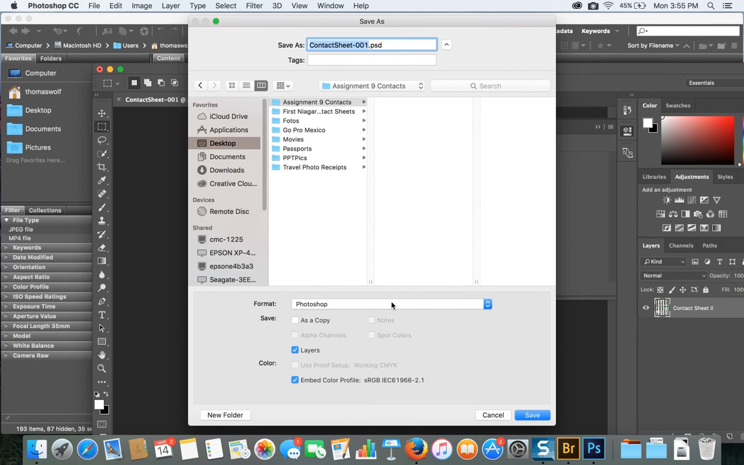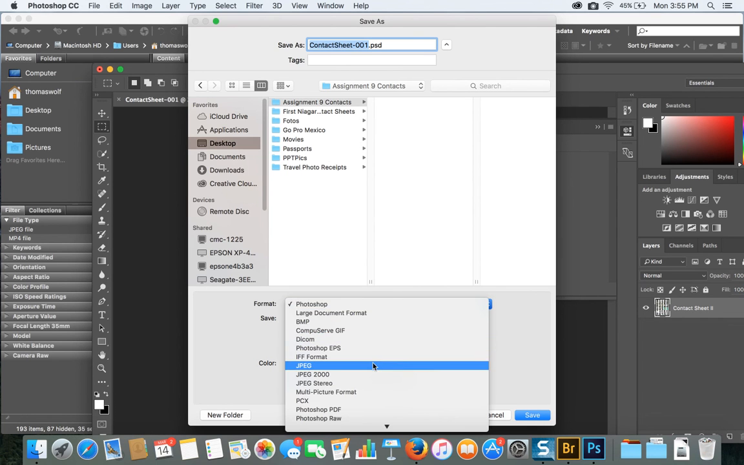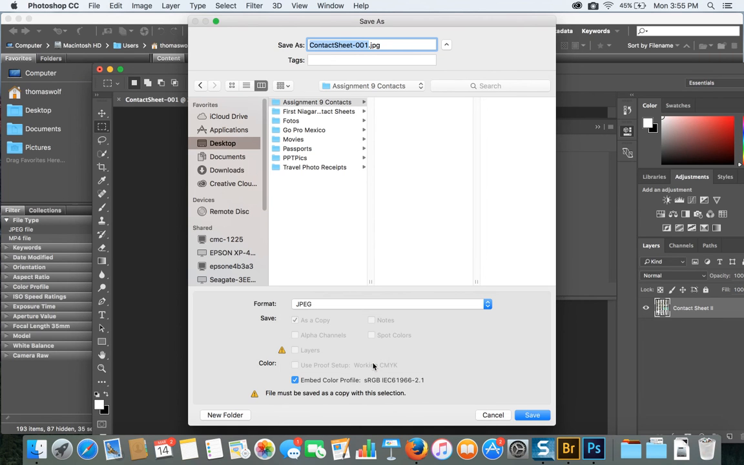And then one last thing, you'll notice the format of the contact sheets is in Photoshop. Just make sure you change that to a JPEG. Photoshop format files tend to have problems when we upload them into the D2L system. So make sure you get yourself JPEGs rather than Photoshop documents. Hit Save,